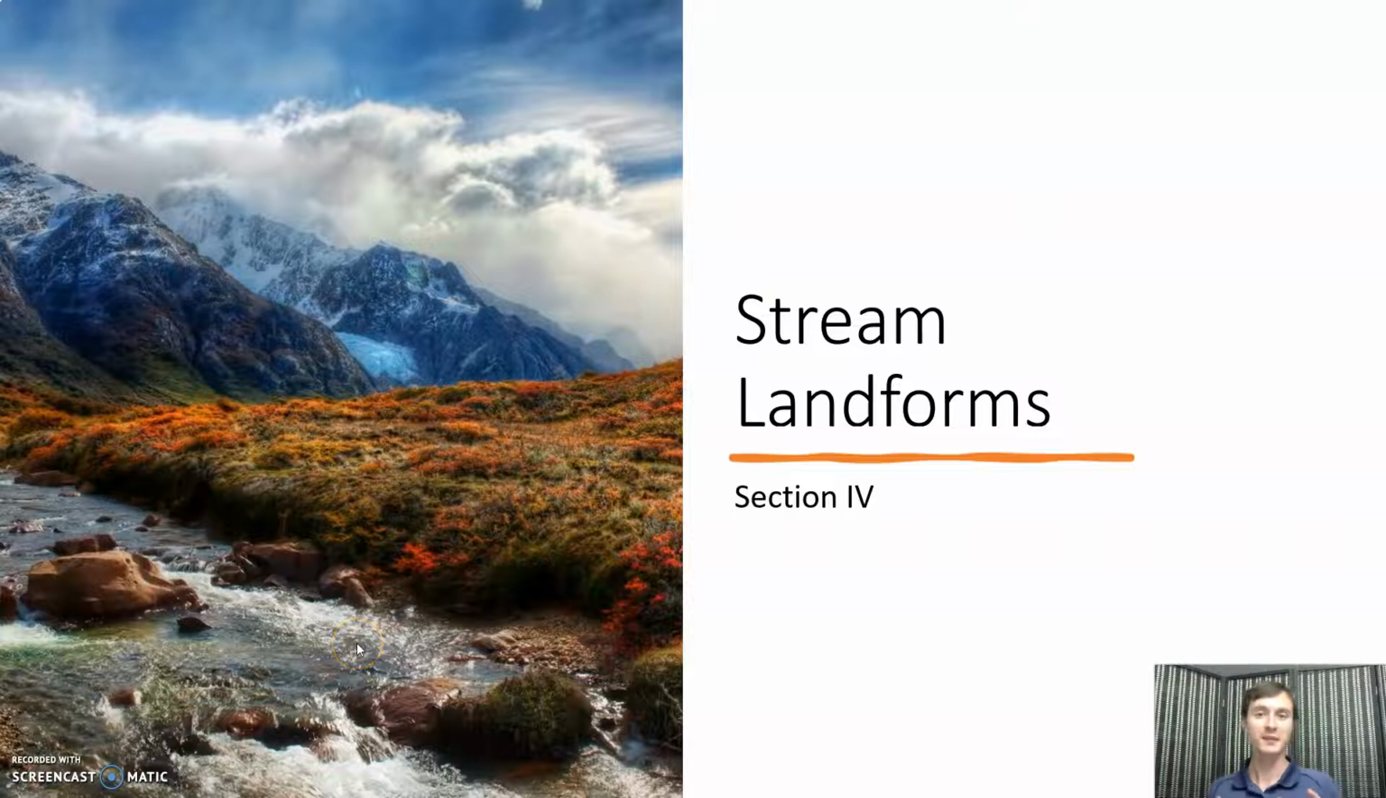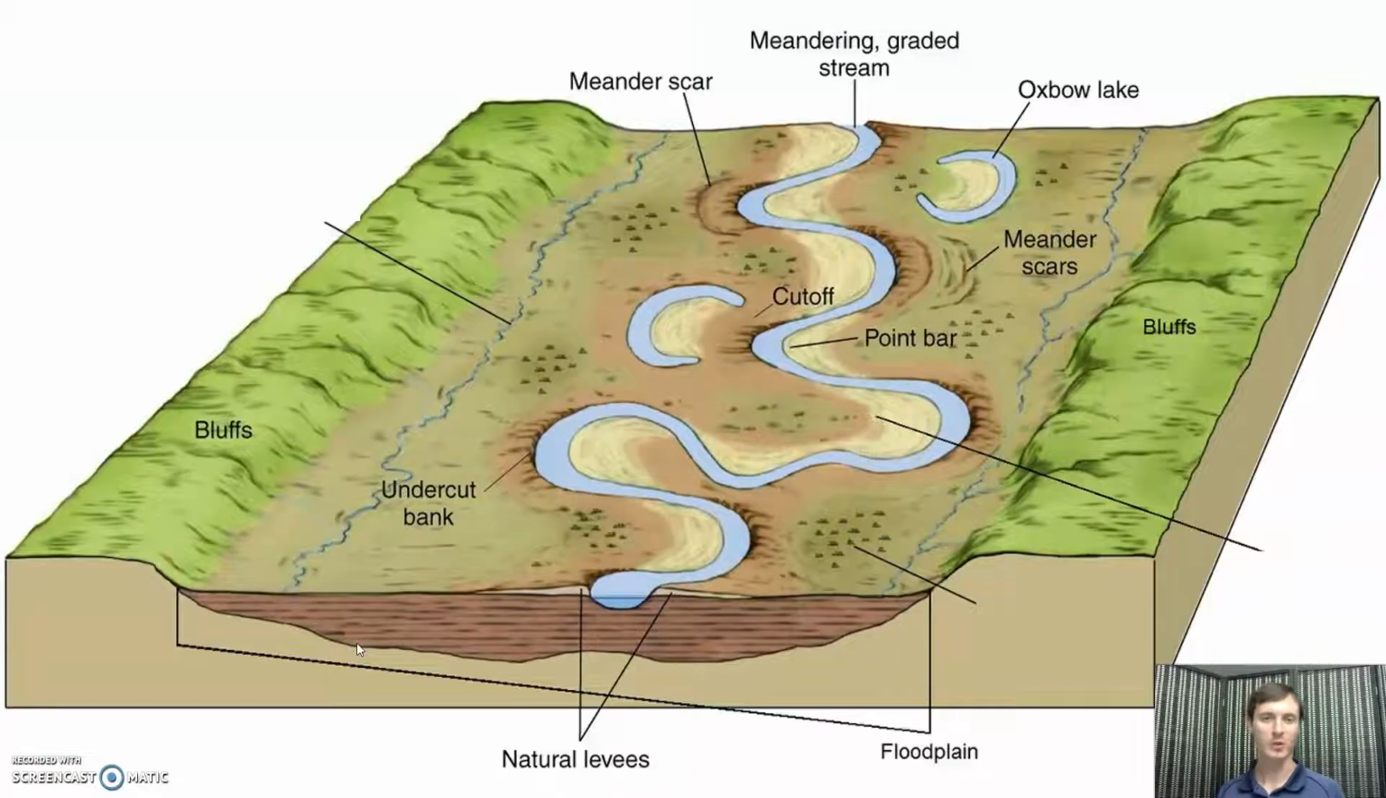Welcome back everybody. In this final section we talk about stream landforms. So how can you look at the surface of the earth and tell what a stream might have been doing in the past? First we're going to consider a meandering river, and as it meanders it creates all of these